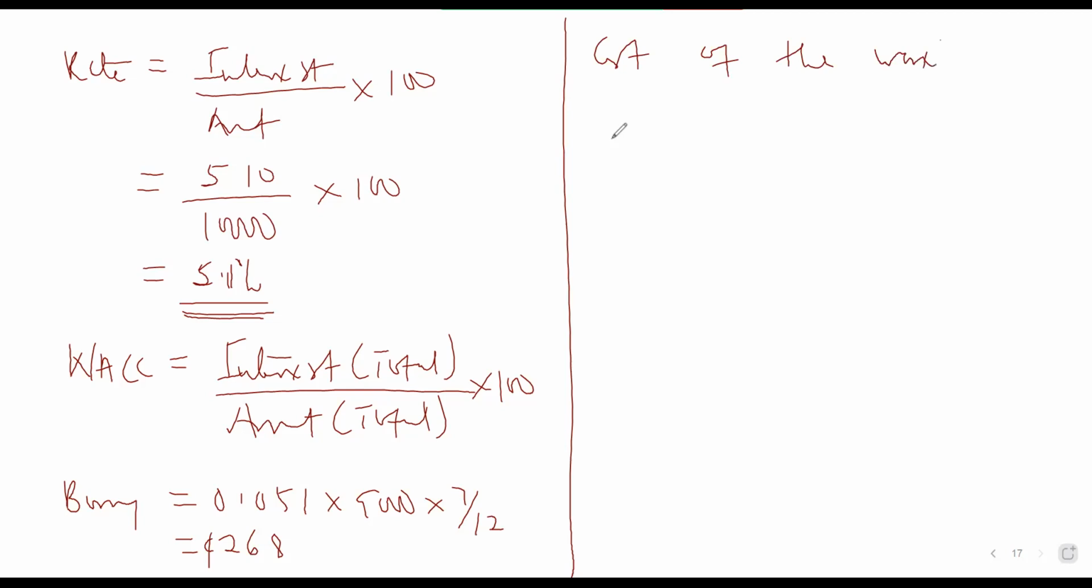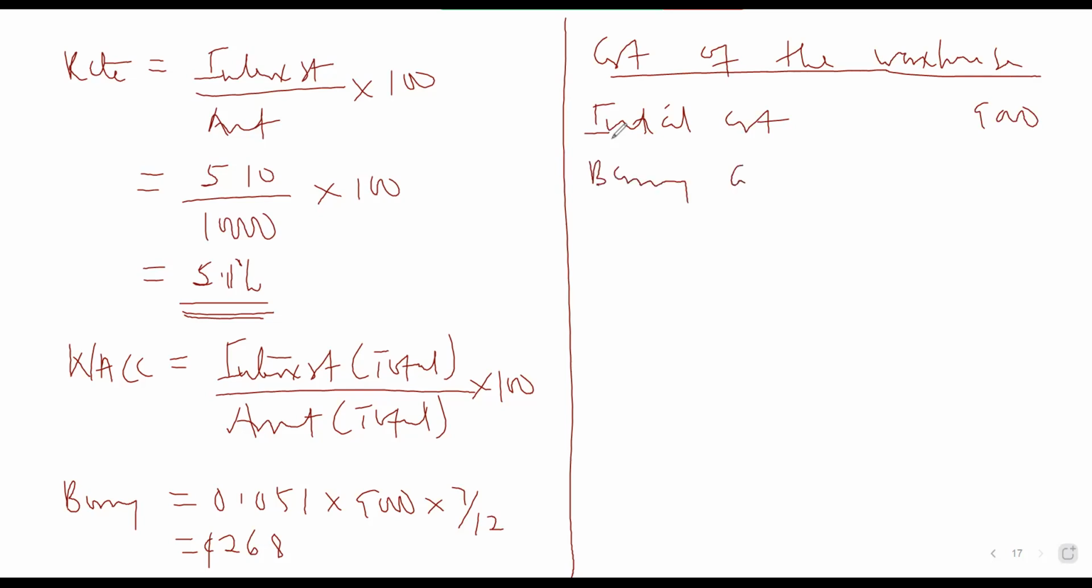The cost of the warehouse is determined like this: the amount spent, which is the initial cost, is the 9 million. So we have constructed the warehouse for 9 million, but then again, we are going to capitalize the borrowing cost of 268. So this will now be 9,268. This is the value of the warehouse. And the question says that